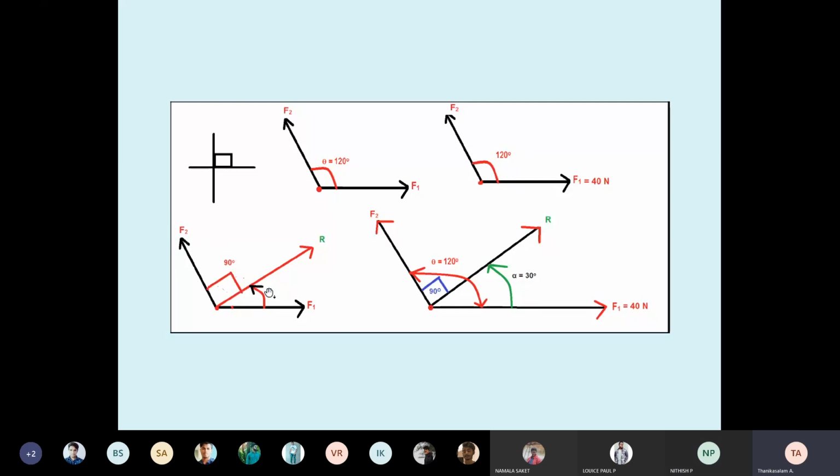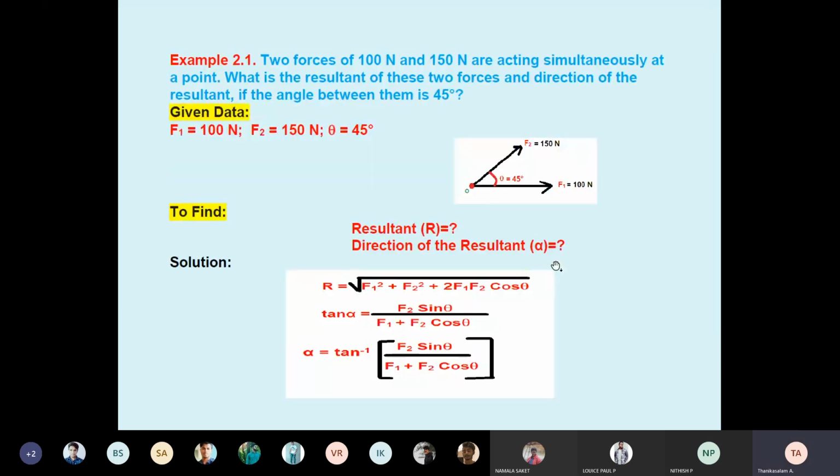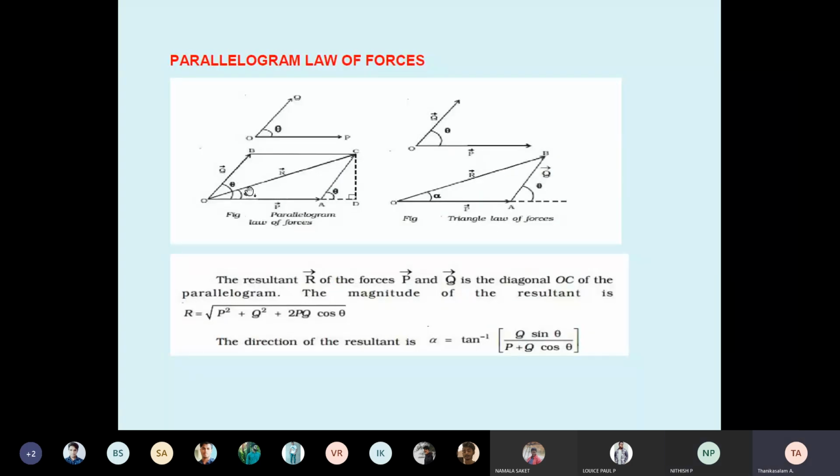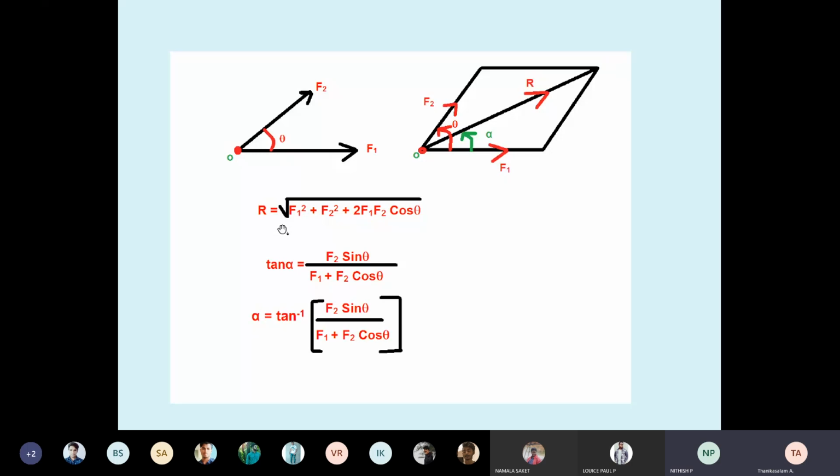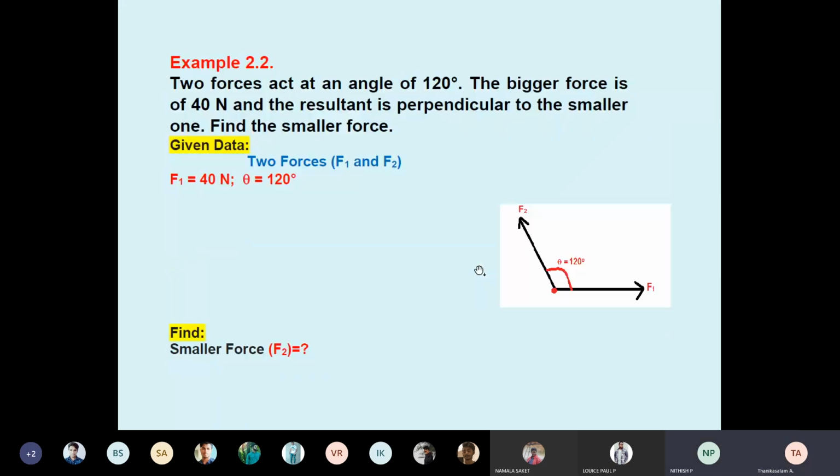So what is the balance, Nitish? Totally 120. 30, sir. Yes, that is the resultant direction, see the last diagram. Excellent. So the resultant direction means alpha, and alpha is 30 degrees. See how I have taken alpha in the parallelogram: alpha is the resultant direction angle. That's why I told you this subject is brain and mind oriented. I marked alpha in green color.